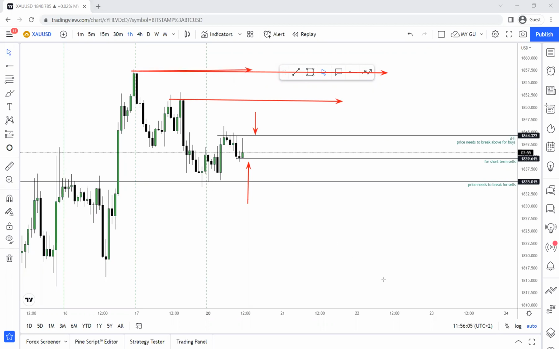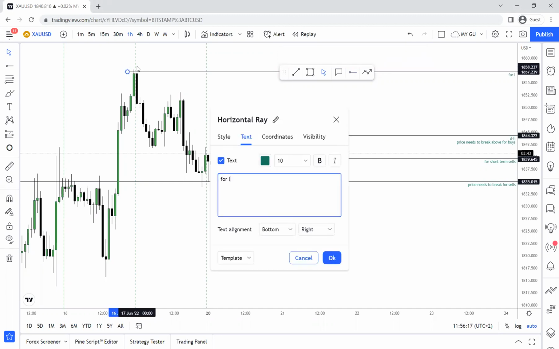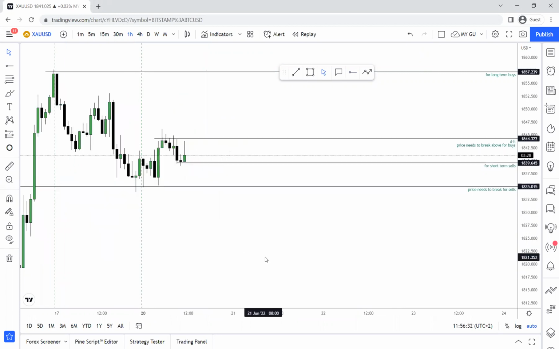For price to give you long-term buys, it has to break above here. All right. So for other people, let's highlight that. For long-term buys. All right. Now, we should all remember to be patient. If this candle doesn't close bearish, I would trade it for a weak fill. So you open a trade, or you can watch it to see if price will come to this low, right? You buy and your target is at the high. You're not expecting much, you're only trading for a weak fill. All right, that's how you trade a weak fill trade.